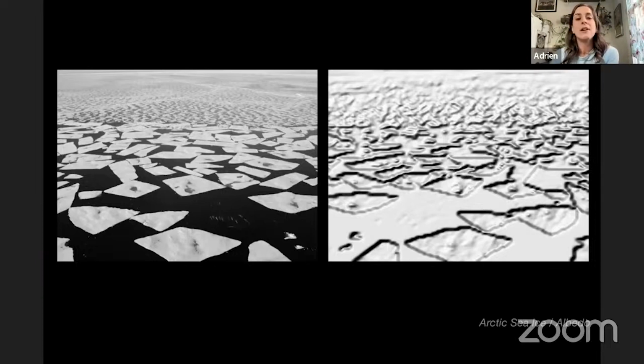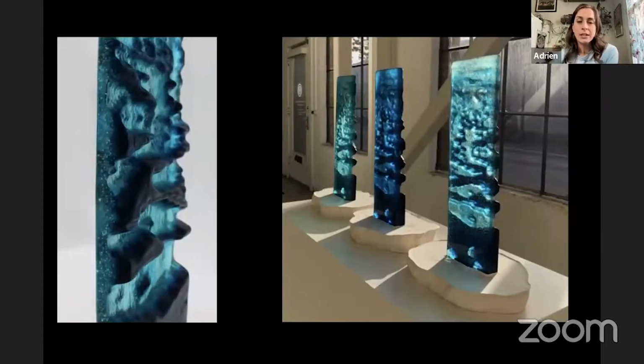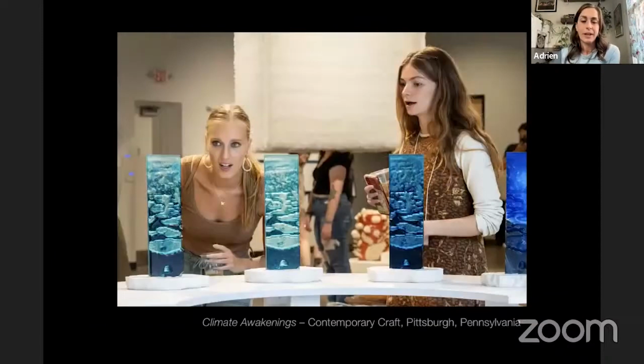casting facility. I started working with these sea ice coverage photographs of the Arctic landscape, digitized them into a three-dimensional surface, which I could use to make a positive form, and then use that to make a negative mold to cast glass into. And so I have a series of these sea ice inspired photographic imagery pieces that are currently